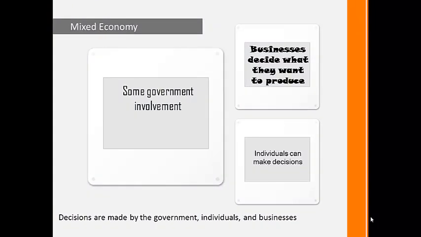No economy is purely traditional, market, or command. Every economy has influences that make it at least somewhat mixed. The United States is considered a mixed economy, leaning towards a market economy. There is some government involvement in the United States economy through laws and regulations that businesses must follow. There are also regulations to protect our food, air, and water supplies.